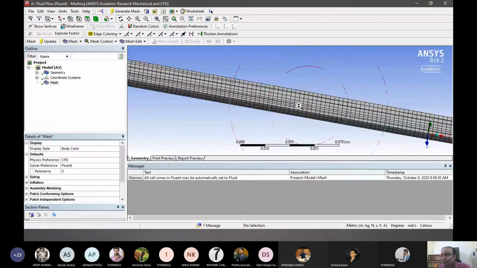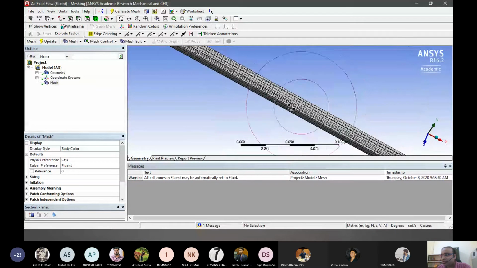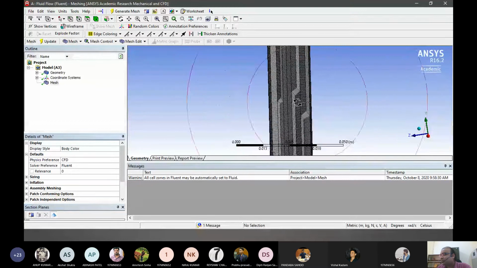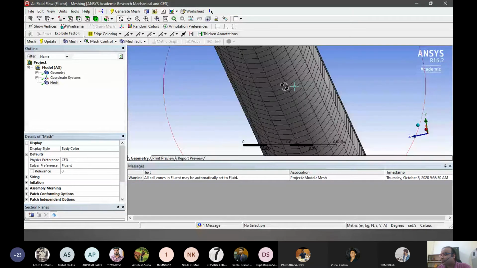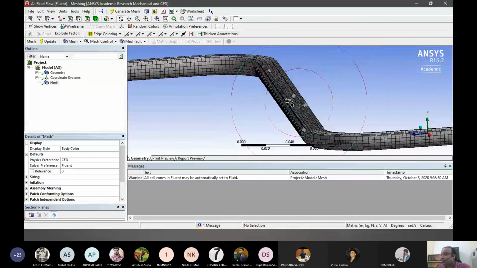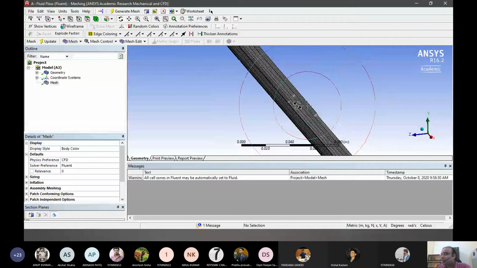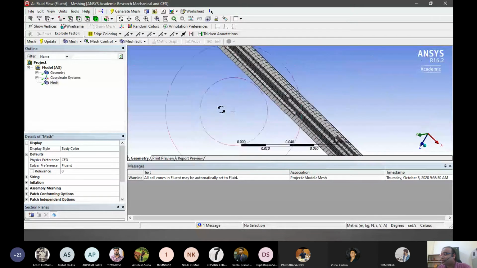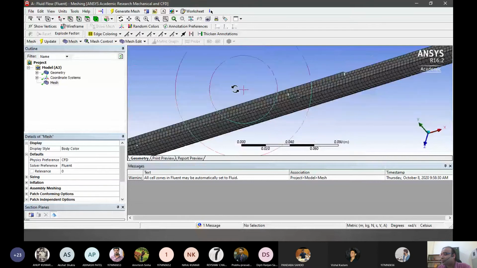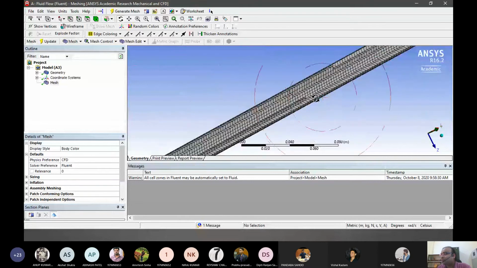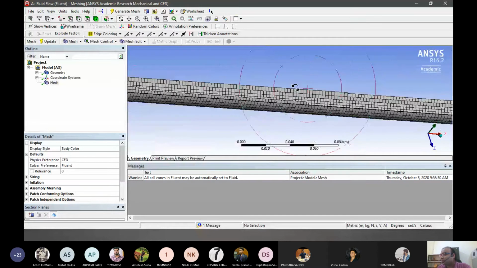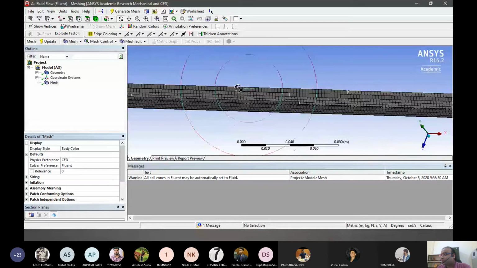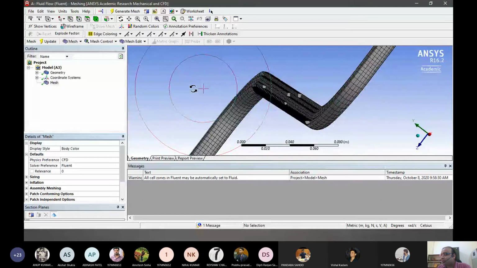This is okay, but we can even see in 3-dimensional how the elements look. So this is how the elements will look inside. So these are basically all these hex dominant methods. So all are cuboidal or semi-cuboidal sort of elements.